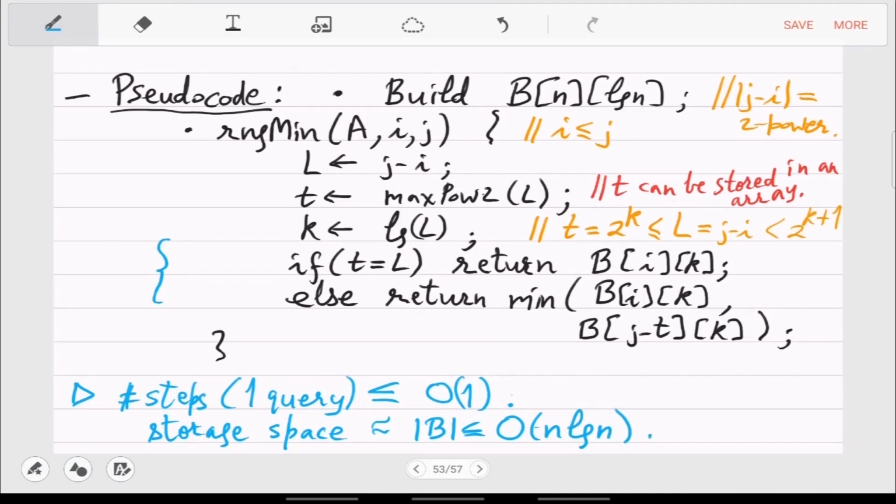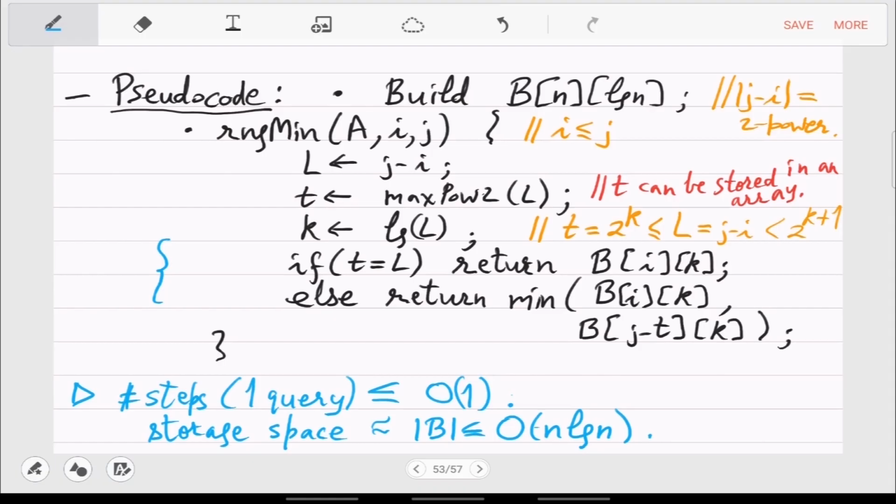Okay, so size of B is n cross log n. Obviously, B also has integers stored. Now, if the integers are very big, then storage space will also be very big. So that part is hidden inside big O.